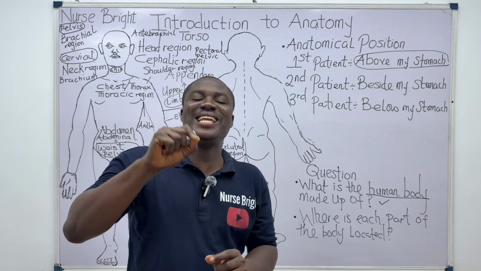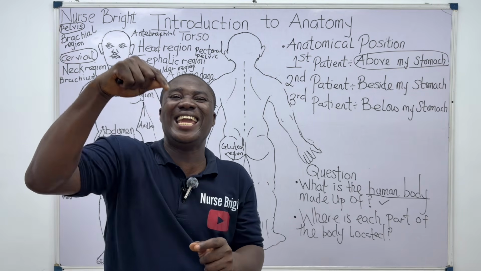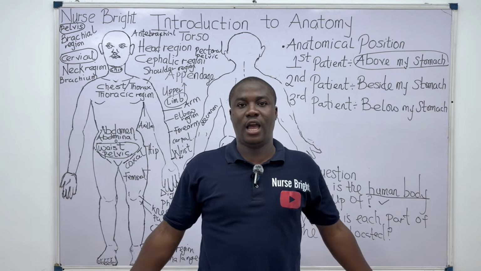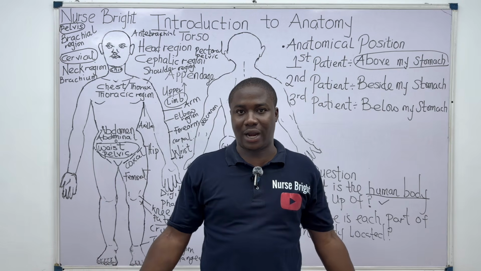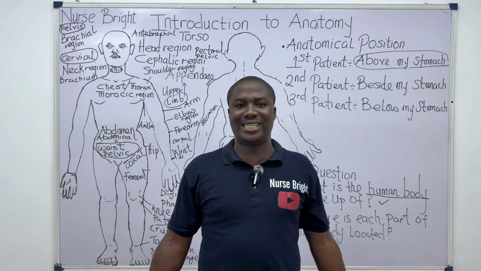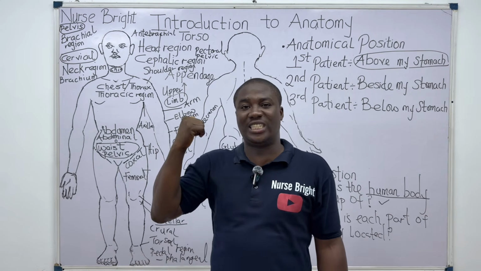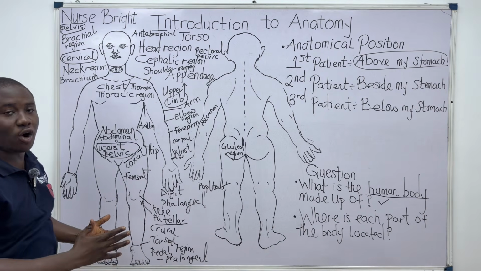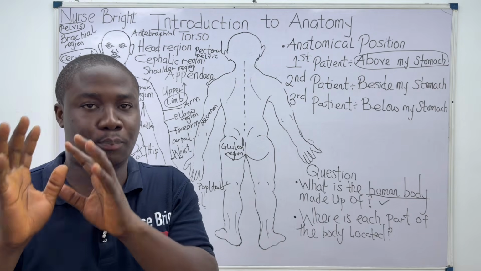Now listen. In this position, the body stands erect in an upright posture like this. All right, you stand erect in an upright posture. Look at what I'm doing right now. You can see I'm standing erect in an upright posture. Do you understand? So you cannot see my hands, but that's why I drew the diagram on the board. Just pay attention. This diagram drawn on the board has explained what we call anatomical position.